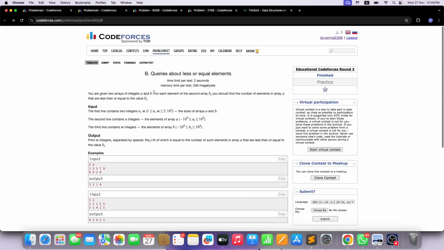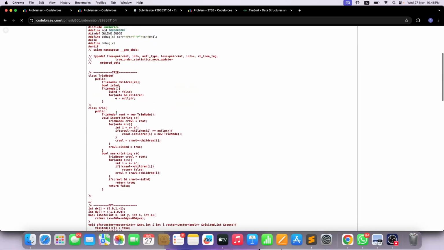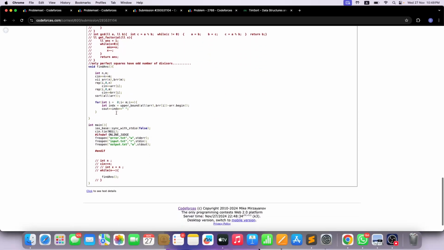Basically, this was the question. For every element of the second array B, we have to find the number of elements in the array A that are less than, or rather less than or equal to it. So basically, what I did is I sorted the first array here. Then for each and every value of the second array, I got the